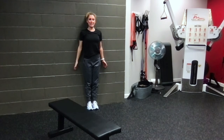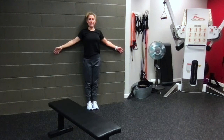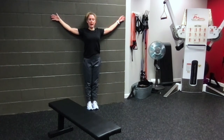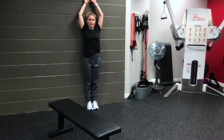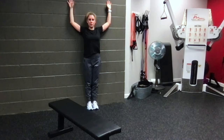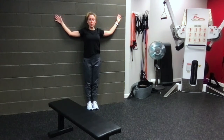You're going to do at least 5 of these. And if you can do 10, you're going to do 10, but at least 5. And you can see I'm not going fast. This is not a race. I am not trying to be the fastest angel wing maker. I am just trying to move through this motion